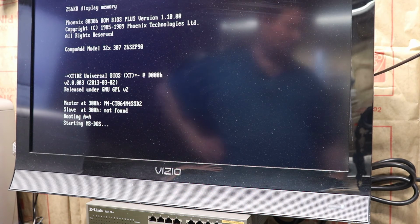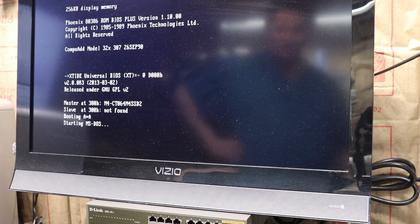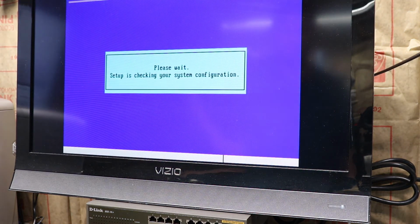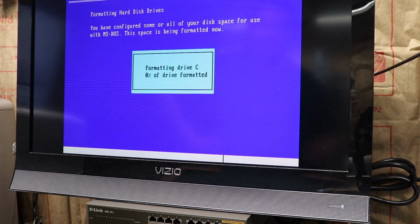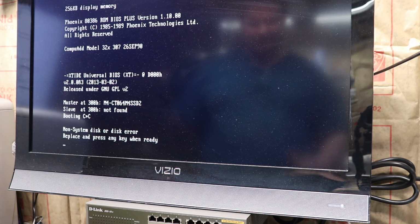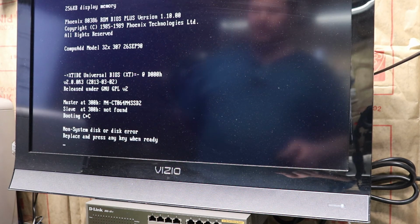So from the looks of it, running top of the line SSD is not going to be an option for you. At least not with this particular XT IDE card. So I'm not going to bore you with the formatting process. So, after all that install on there, it's not going to read it. You're probably going to have to either run a physical hard drive or a compact flash drive. Your best bet is just to run a physical hard drive with the